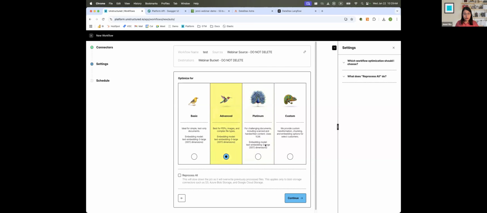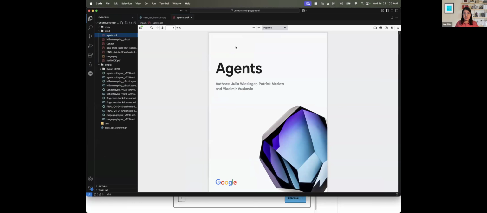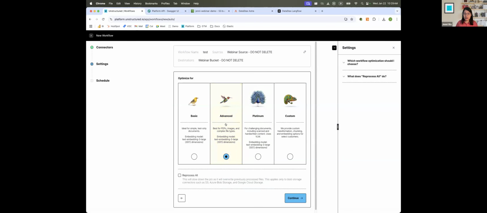To show you how this actually works in practice, this is one of the example files I will be showing in the demo. The object detection model goes in and recognizes, hey, I have a piece of text here. I have another piece of text here. And hey, I have an image here. It starts labeling these objects so that when we pass it through the advanced transform, you get this JSON element, and it tells you what type of element is in the document.